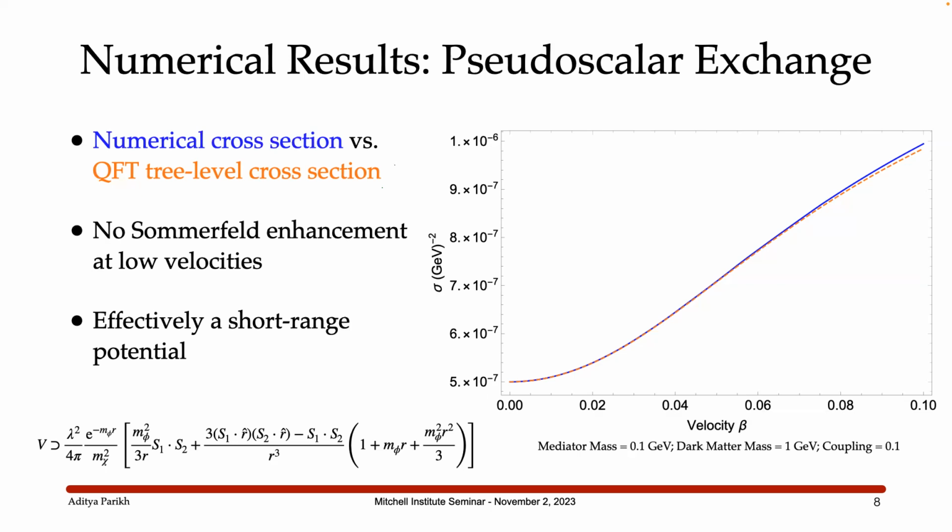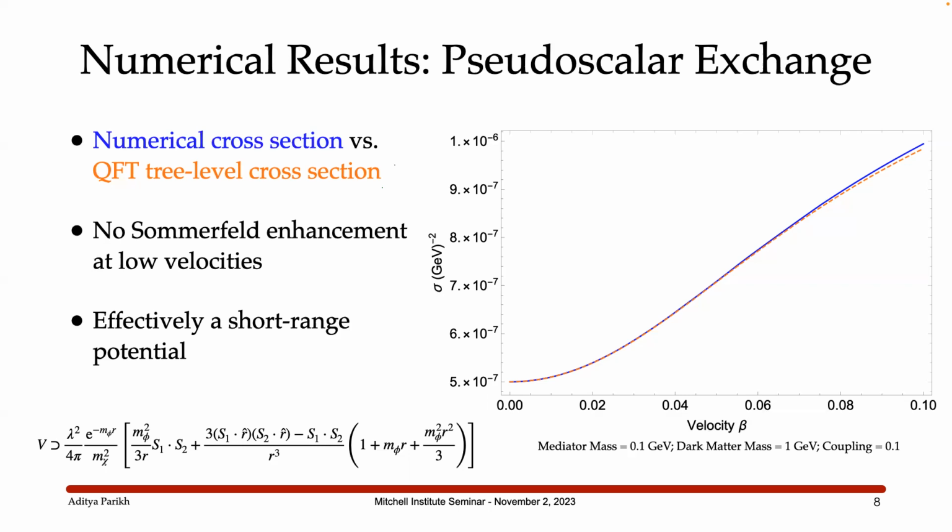And that's entirely coming from the fact that the potential we used to do this calculation was the leading order in the non-relativistic expansion. The next order correction would be order beta, which in the cross-section would manifest as beta squared. So it's entirely being saturated by the fact that we just took a leading order non-relativistic expansion to compute this. We find no Sommerfeld enhancement at low velocities, and that may be kind of surprising, but